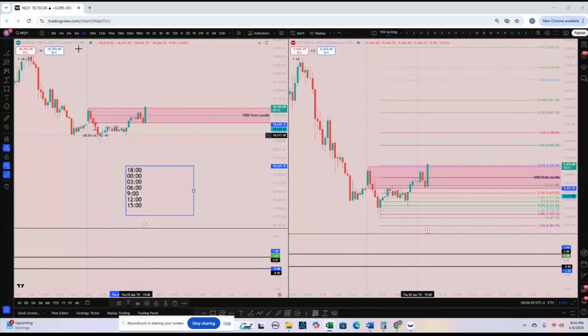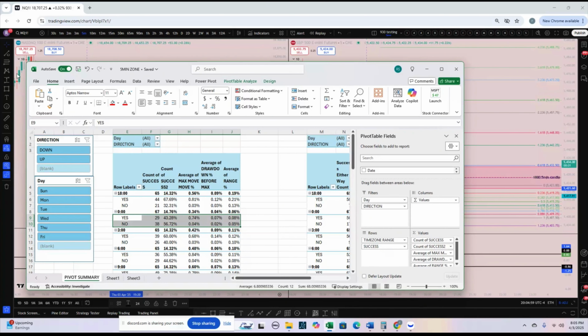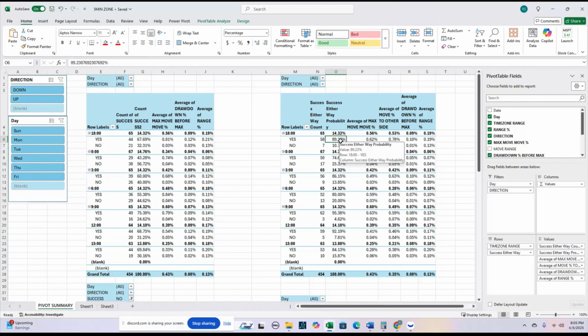Now, with that being said, say for instance we fail and don't do 0.1%, and then we go the opposite way. I want to know how successful we are if we fail this and then actually make it on the opposite side. So on this sheet, I'm looking at the success that we do either side: if we make it on the first side, or if we fail the first side and then make it on the other side. So you look at 1800, which has a better